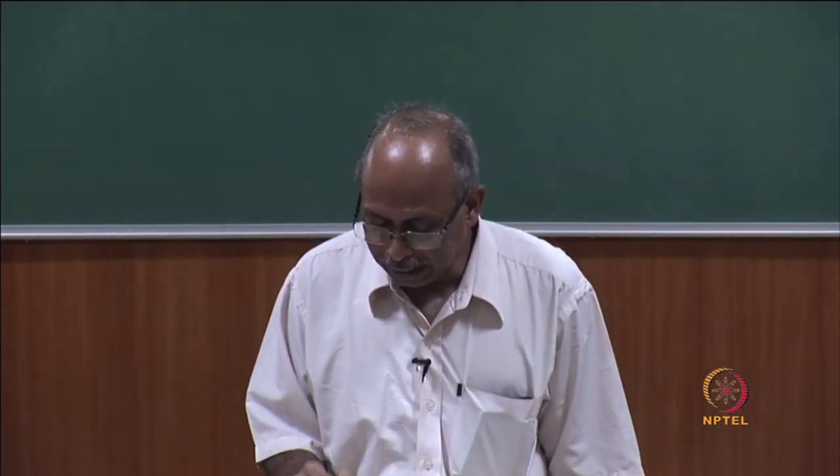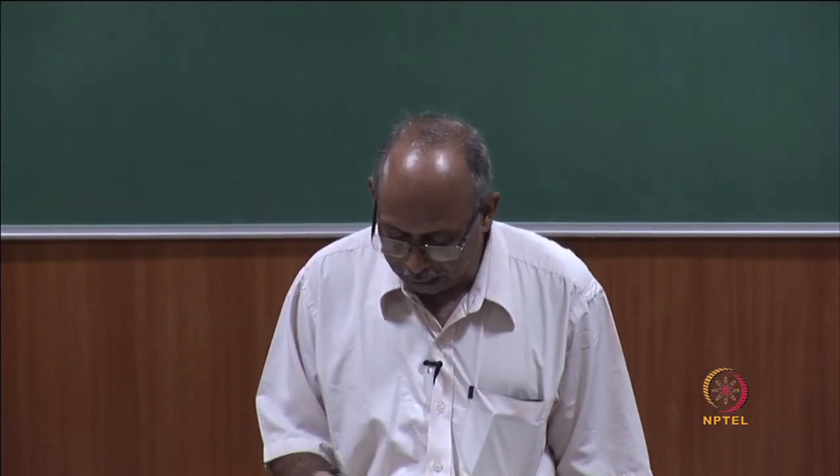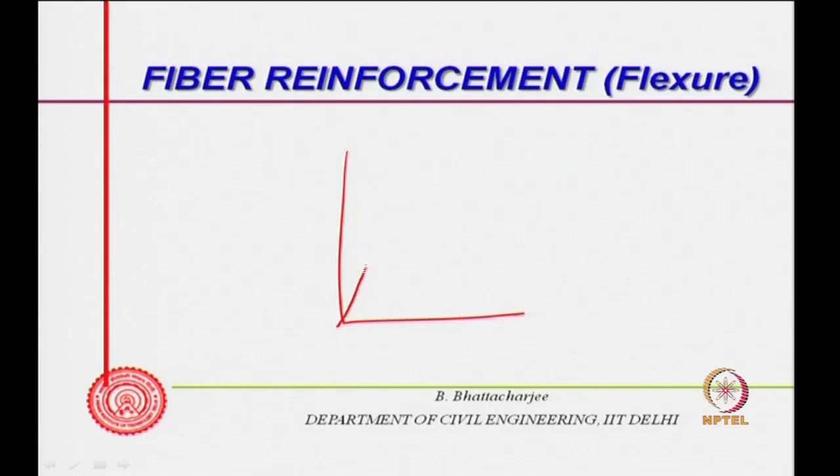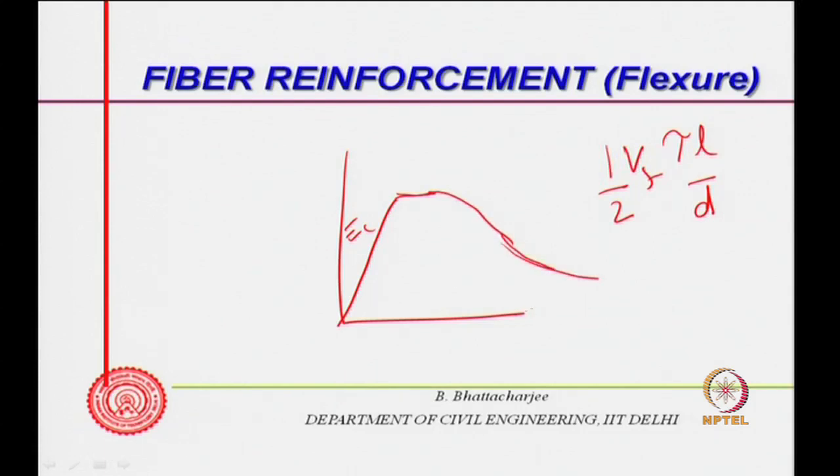If you look at the stress strain diagram, then this could be my E c, and then at the crack it will look like this. When pull out is occurring, there is an increase, and after that it could be half V f tau L divided by d if it is 3D random, and if this value is more, because it will fail by pull out, usually they are not. So, you might get the ultimate somewhere here, but then a lot of